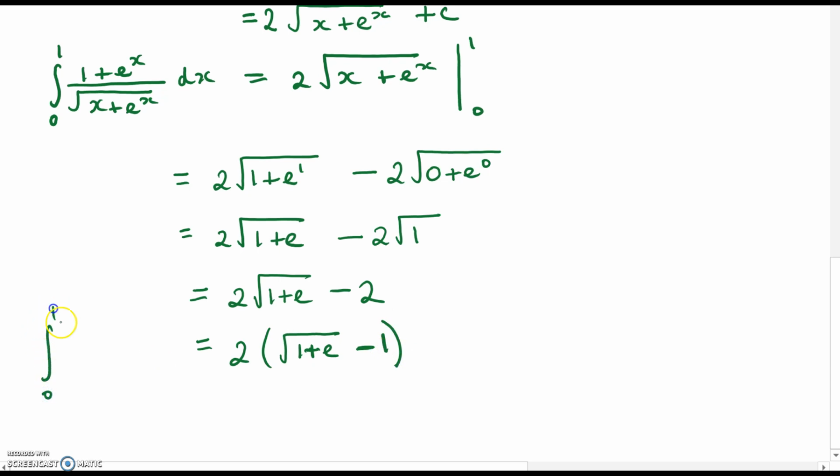So the integral from 0 to 1 of (1 plus e to the x) over the square root of (x plus e to the x) dx is equal to 2 times (the square root of (1 plus e) minus 1). Okay,